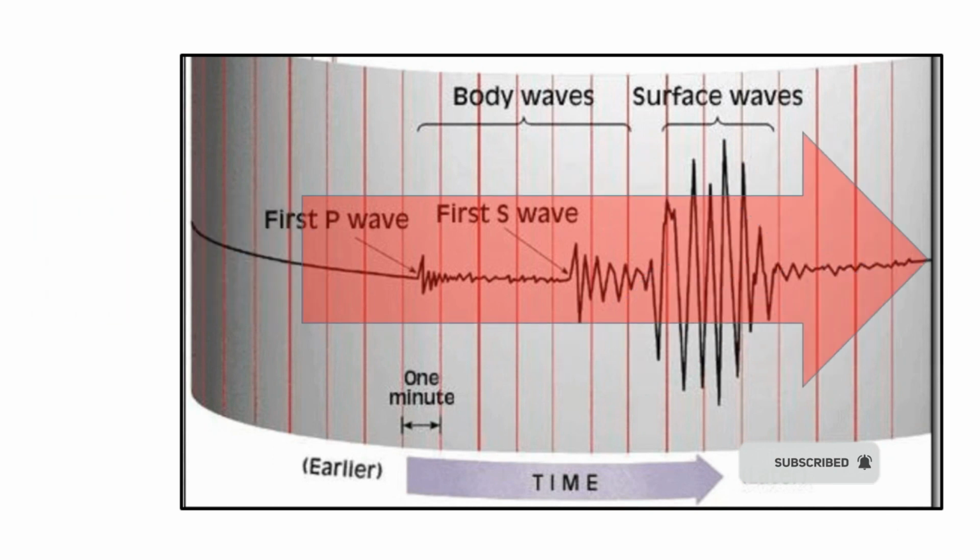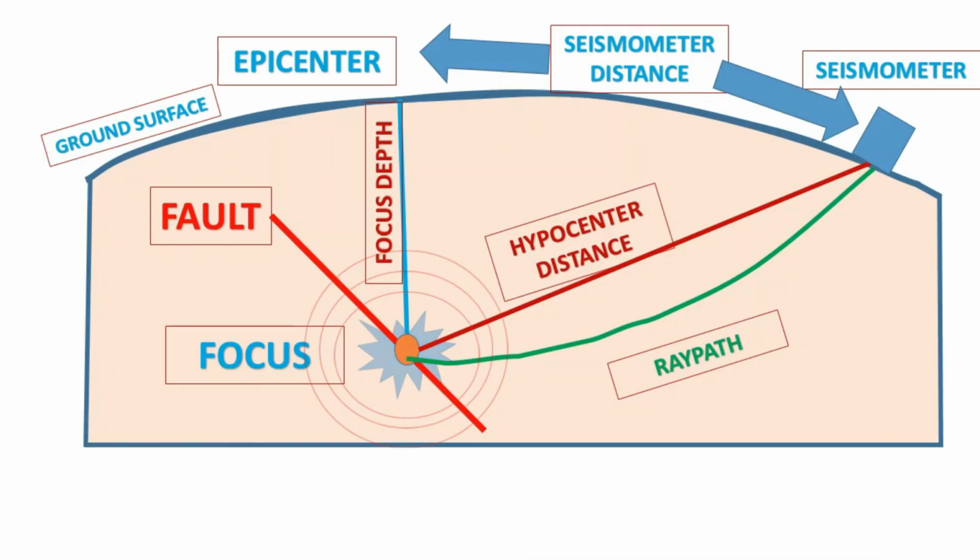Seismogram is a recording of ground motion produced by a seismometer. Seismograms are used to determine the magnitude, location, and type of earthquake. Aftershock. Aftershock is a smaller earthquake that occurs after a larger earthquake, usually within a few days or weeks of the larger earthquake. Understanding these terminologies is critical for seismologists in order to accurately communicate characteristics and effects of an earthquake, as well as assist authorities in making informed decisions about emergency response and disaster preparedness.